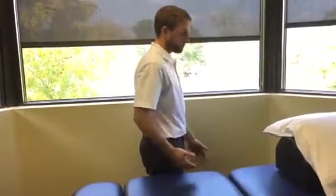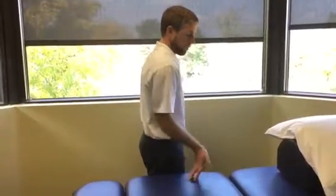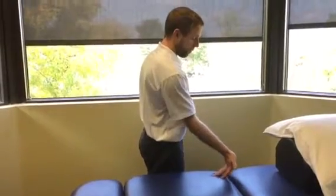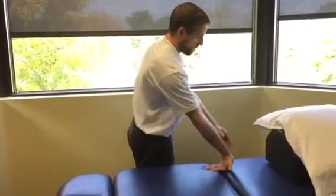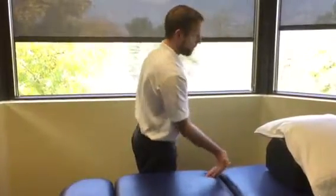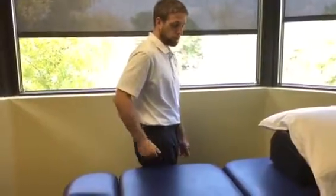So you could do this something at your side, like I'm doing here, starting back and working your way forward, to where I'm just fingertips touching, gradually putting more and more weight down through the hand as I press the heel of the hand down. And you see this puts quite a stretch here. Another option, if that's not working out for you, but this should, as long as you start behind you, would